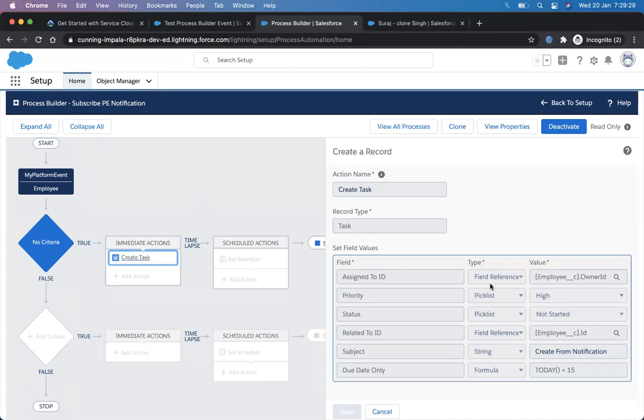And a flow is much more powerful than a process builder. So we can perform any kind of activities in that flow, and it will execute that action. So, to conclude with platform events, a platform event is just a thing that, as I first told you,